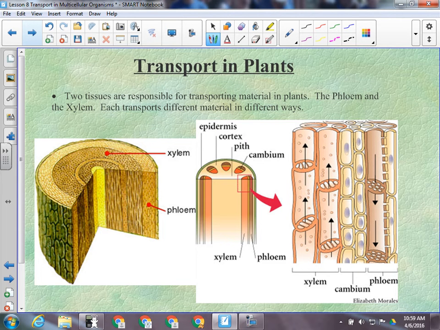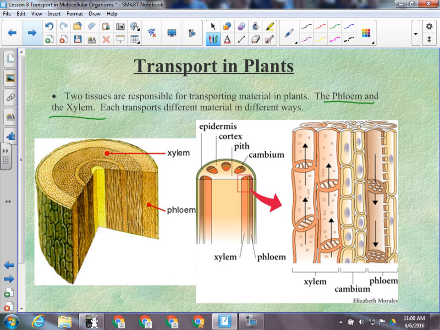Okay, so the two tissues most involved in transporting material in plants are phloem and xylem. You've got to know those. You've got to be able to tell me what they transport and in which direction. So the xylem transports water up the plant using osmosis and the polar nature of water. The phloem transports sugar using